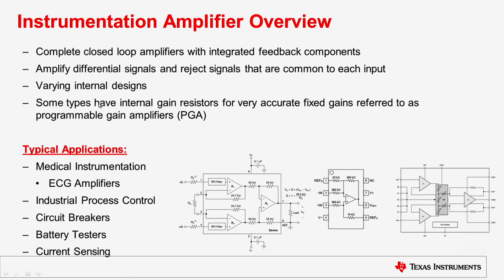Essentially, instrumentation amplifiers are operational amplifiers with integrated precision feedback resistors, with the main purpose of conditioning small signals in the presence of large common mode signals or DC potentials. Instrumentation amplifiers are derivative of difference amplifiers, but have high impedance input buffers to eliminate the need for impedance matching